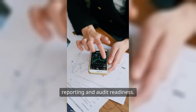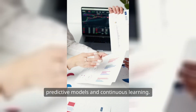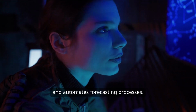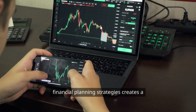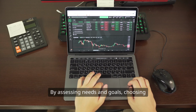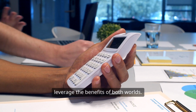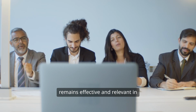reporting and audit readiness. Machine learning enhances financial forecasting by improving accuracy through predictive models and continuous learning. By managing large data sets effectively and identifying patterns and trends, machine learning supports risk management and automates forecasting processes. Integrating fintech with traditional financial planning strategies creates a powerful synergy that combines modern technology with established principles. By assessing needs and goals, choosing the right fintech tools, and integrating data and systems, businesses can leverage the benefits of both worlds. Regularly monitoring and adjusting the integrated approach ensures that it remains effective and relevant in a rapidly